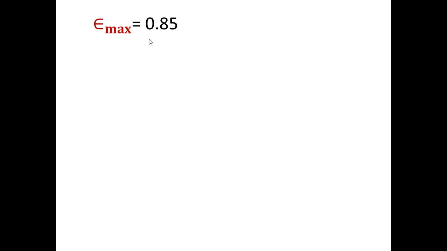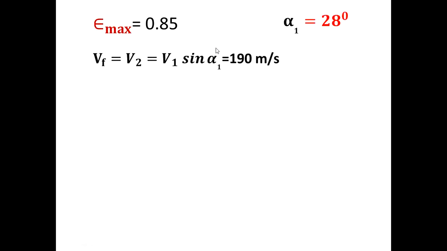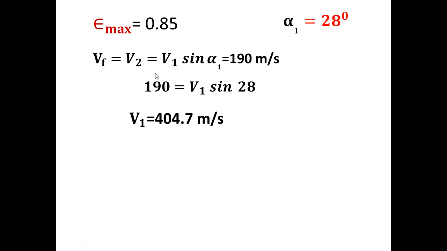Now for the maximum utilization factor, if you do not understand the problem in getting the value of V1 and all the things, just take the maximum utilization factor, it is around 0.85, it is a correct value. Alpha 1 you know, V2 you know, so V1 you can get easily, Vf is given as 190. Therefore this is how you want to solve the problem.